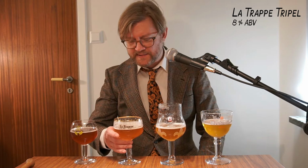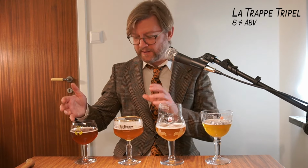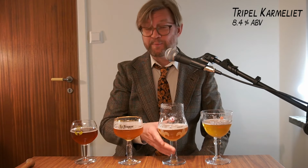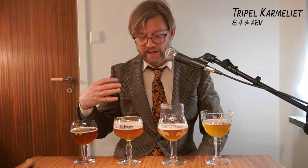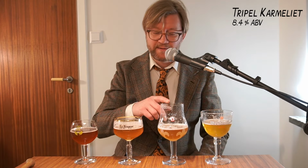I still find the same fruity characters like berries as the Swedish one. So maybe these two are the most similar, although the colors don't really match. Karmeliet again. It could be, it probably is, me just being unexperienced with Belgian tripels. But every time I drink the Karmeliet, I go...